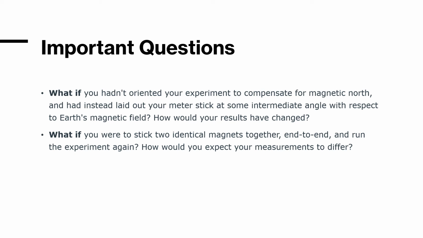Second, what if you were to stick two identical magnets together end to end and run the experiment again? How do you expect your measurements to differ? This would just double the magnitude of the magnetic moment of our magnet,